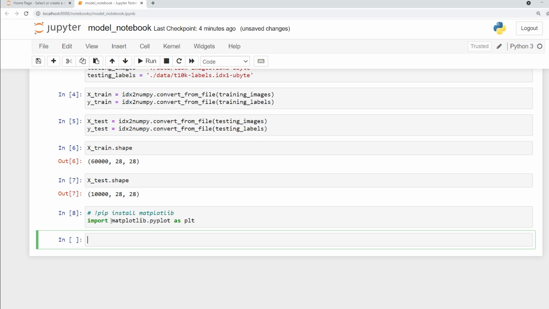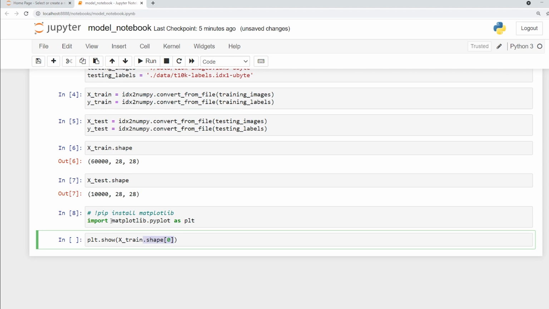Anyway, now here I'm going to say plt.show. This show basically is going to display the thing. So here I'm going to say xtrain dot shape with the 0th value. That is one of the ways to say it, because let's say I want to work on the first image.